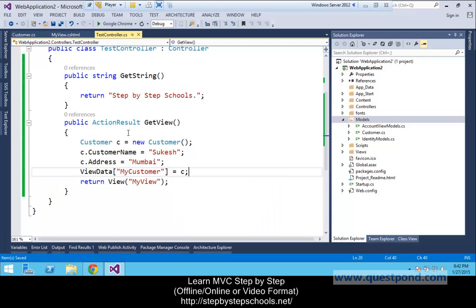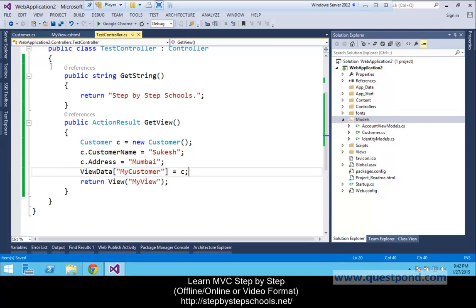Now once you put anything inside view data, that will automatically get available inside your view. It's not required to do anything other than storing inside view data. Simply create your model object, get it from database or wherever, and simply store it inside view data. There are other ways of doing it also, but for this demo, let's limit it here.